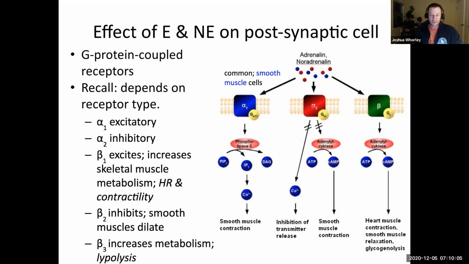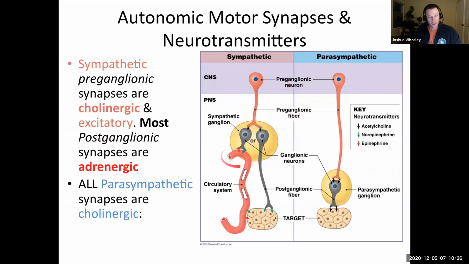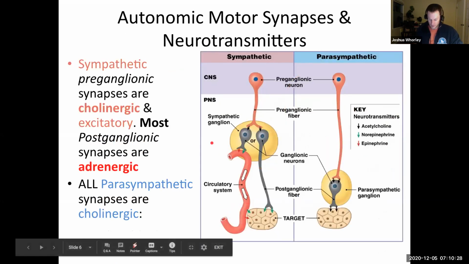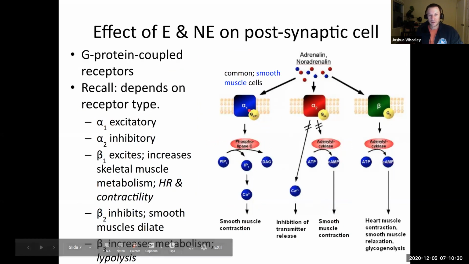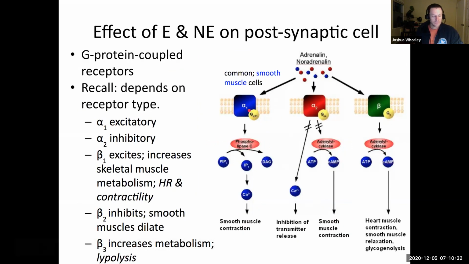We can say a few strict things about how target cells will respond when neurotransmitter is released onto them. Now, the first thing to say is that these are adrenergic synapses we're looking at. So let me flash back. We're looking here at the sympathetic nervous system now. All these adrenergic synapses